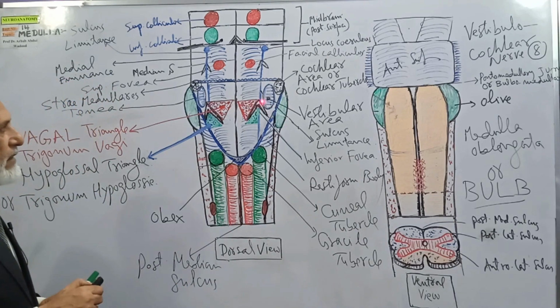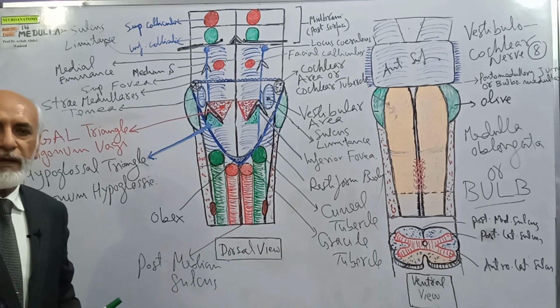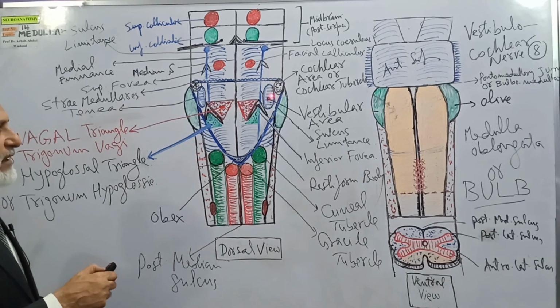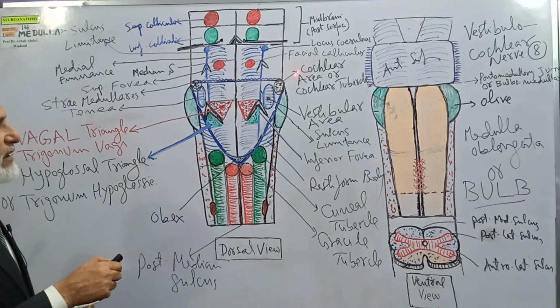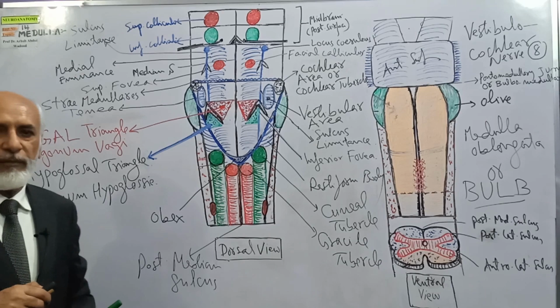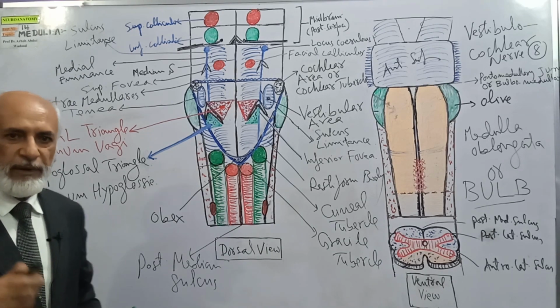Here in the dorsal surface of the open part of the medulla oblongata, this is the vestibular area, because deep to it lie the vestibular nuclei. There are 4 vestibular nuclei on the left side and 4 on the right side. Then supralateral to it, near the inferior cerebellar peduncle, here is the cochlear area, because here the nuclei of the cochlear division of the vestibulocochlear nerve are located. The cochlear nuclei are 2 in number, ventral and dorsal, one anterior and one posterior to the inferior cerebellar peduncle.